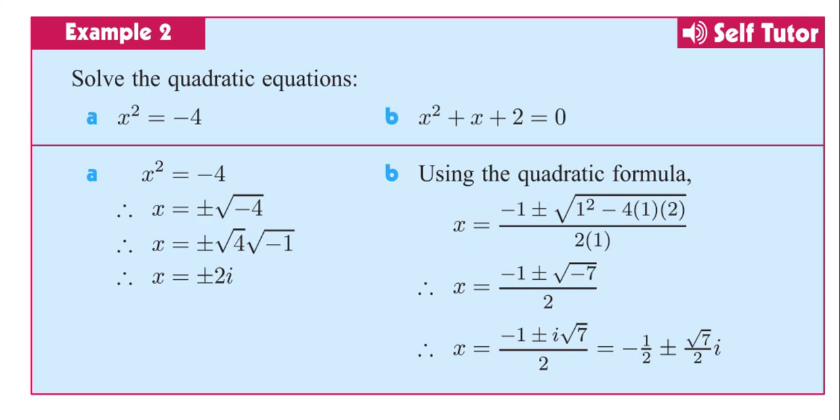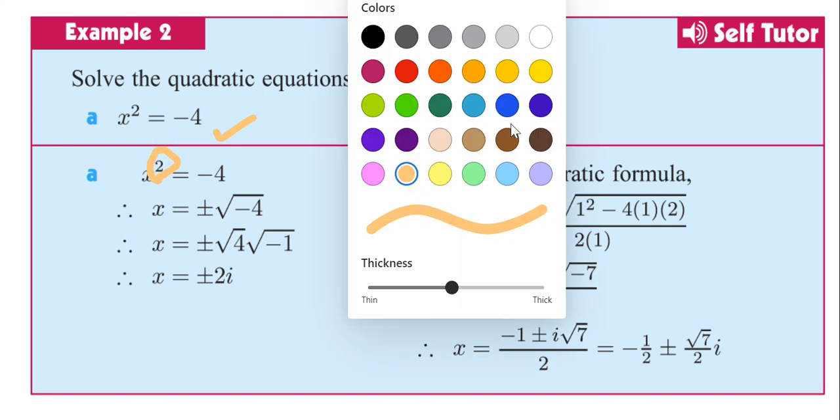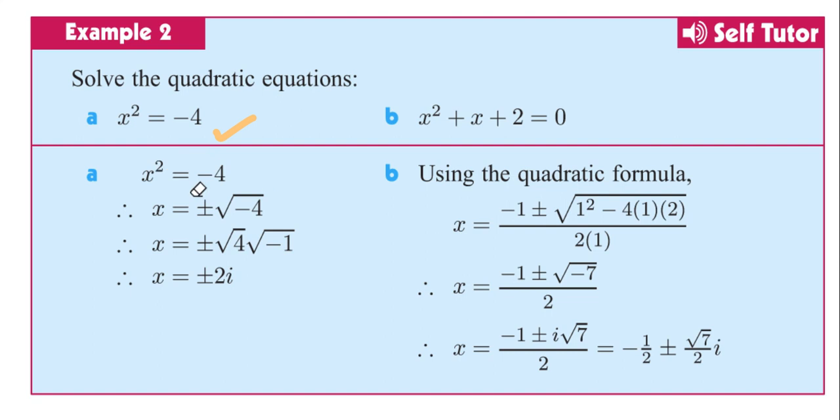Now looking at this other example, you can see that x squared equals minus 4. That's the question that you have been given. Now x squared equals minus 4, so x equals plus minus, because you take this to the other side and the square becomes under root, so that becomes plus minus